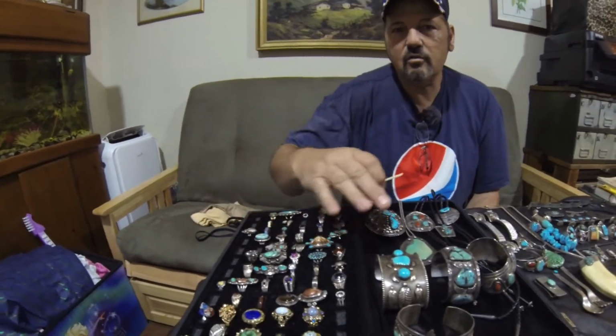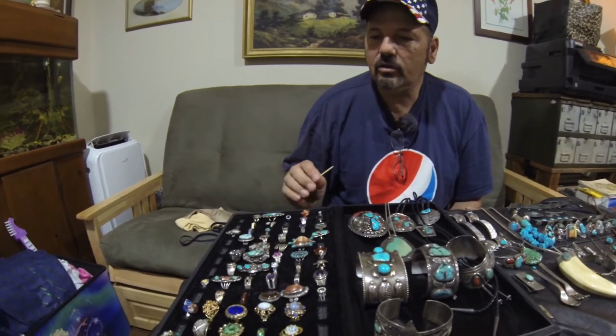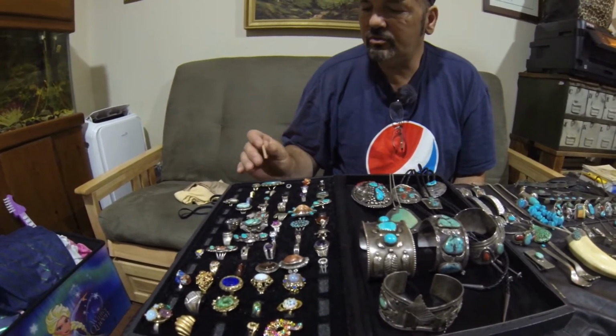Let's talk about turquoise and let's get out there and make some money. We're going to start over here. This is kind of a variety of jewelry. And let's just say you were in a store, a thrift store or an estate sale, and you've seen something like this. I just want to point out in general, if you haven't messed with turquoise, what it's going to